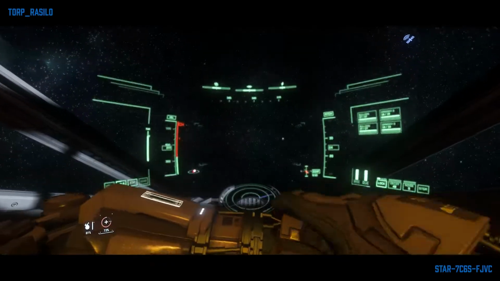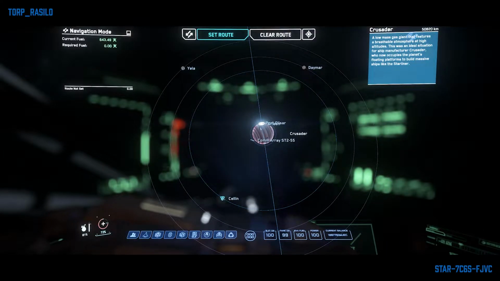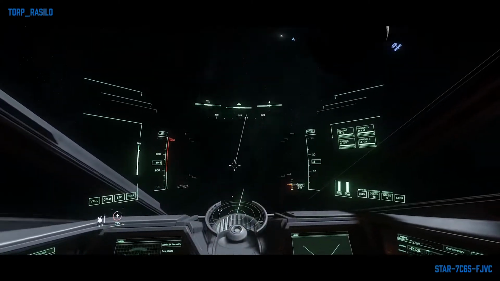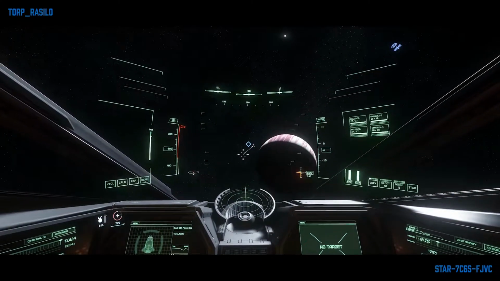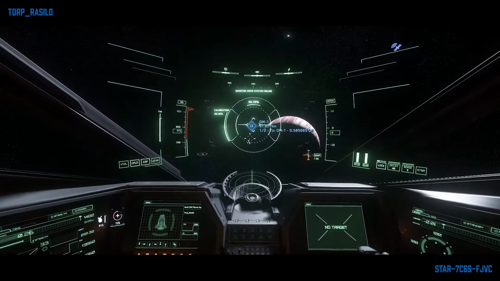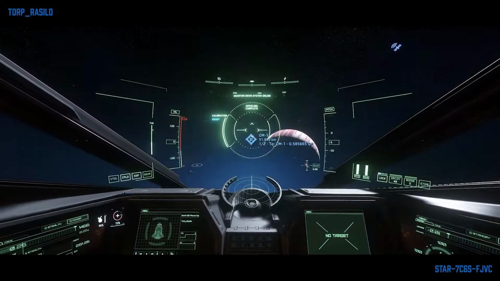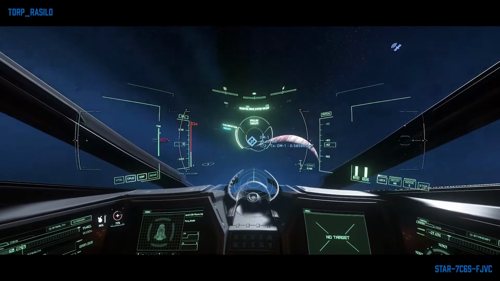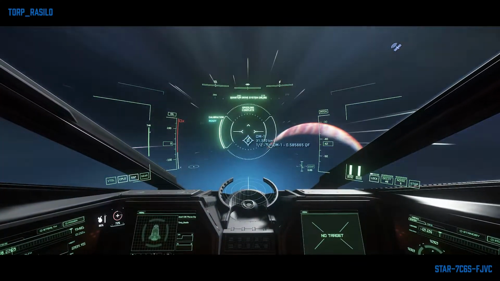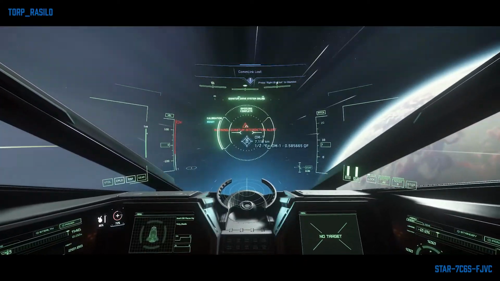Landing gear raised. So we're away from Kareah, and what we're going to do now is just set a route for Port Olisar, and we'll head back. So yeah, quick video there, just demonstrating really the way the Kareah mission works. So if you have never been to Kareah,